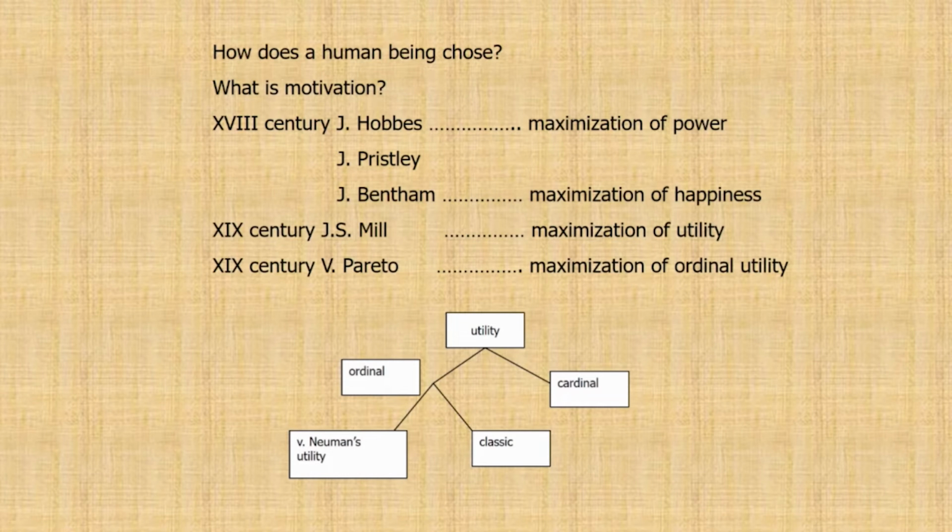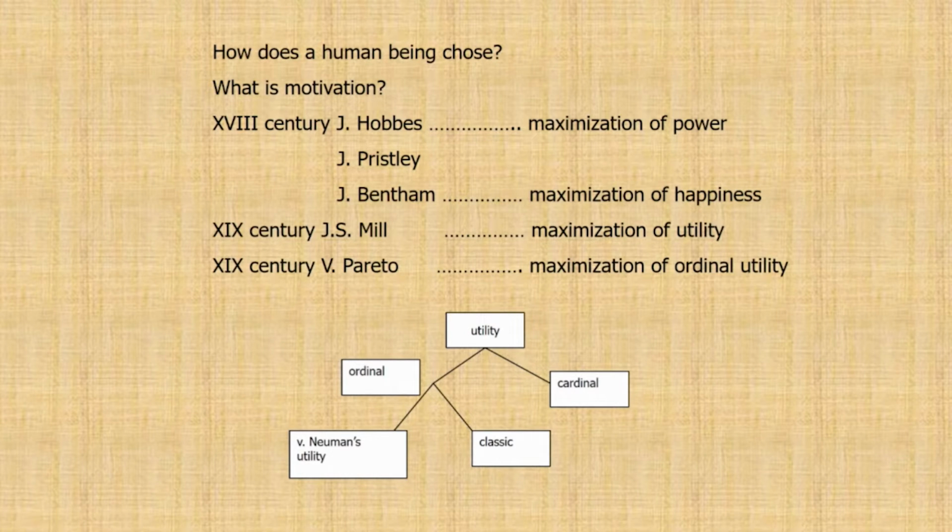In the 18th century, John Hobbes talked about maximization of power. John Priestley and John Bentham talked about maximization of happiness. And only in the 20th century, John Stuart Mill talked about maximization of utility, and Wilfredo Pareto introduced the concept of maximization of ordinal utility, and this was developed by von Neumann's